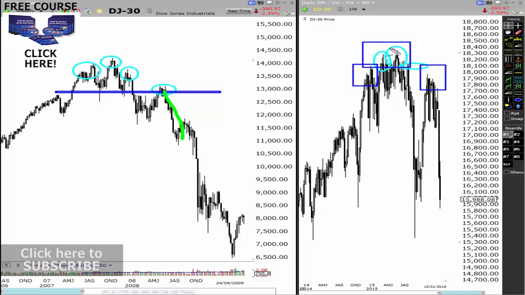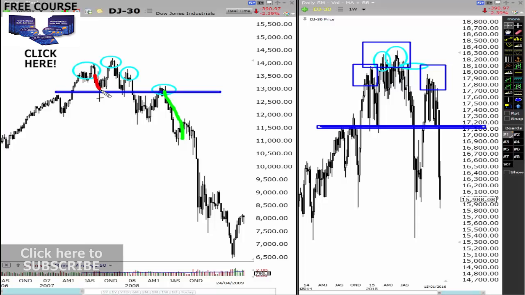Now, if this is the head and shoulder formation, then if we do get a run back up, this is the resistance here. See that resistance all through there? Resistance and support, very similar, right? You can actually see that, and let me see if I can just change this. It's almost identical. Very close anyway. But you can actually see, if I go, say, a red, you can see